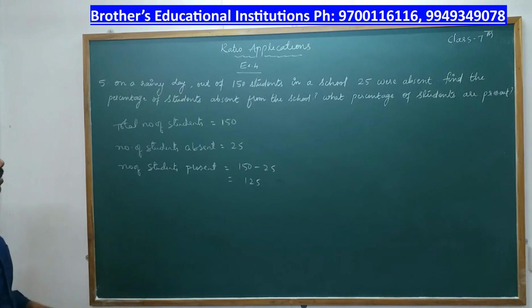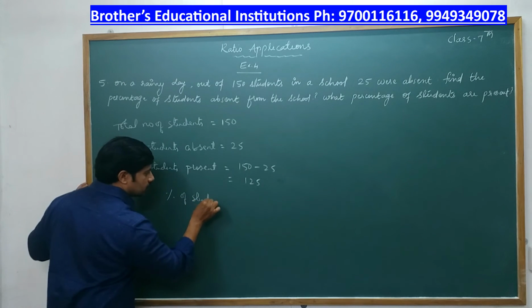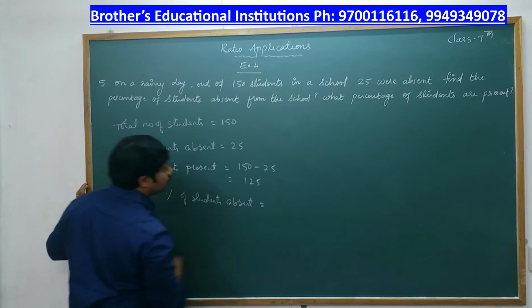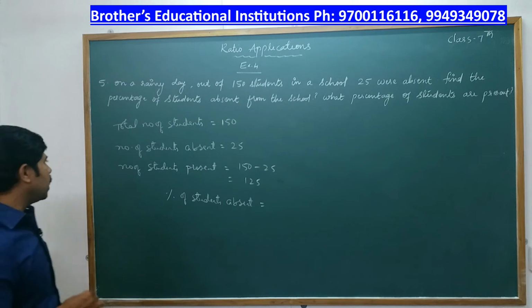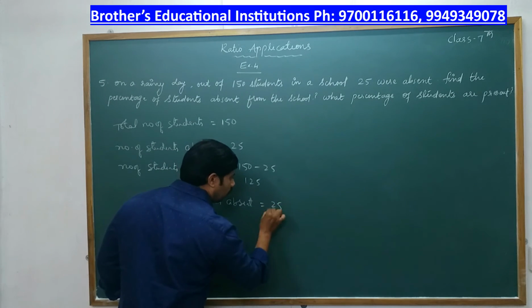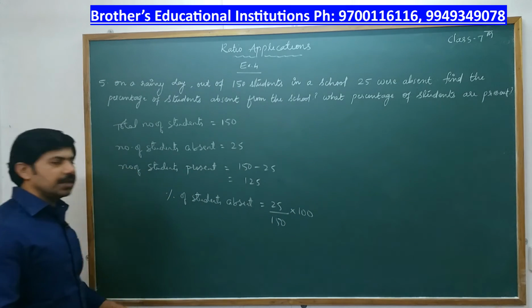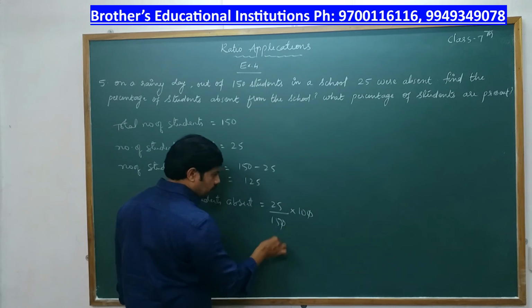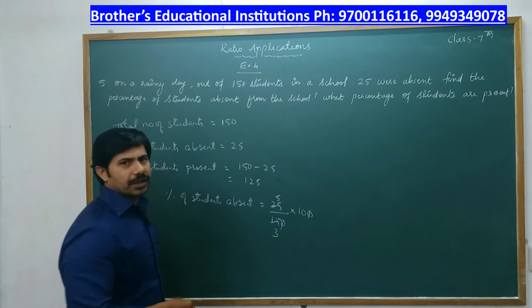Now after that, find the percentage of students absent. So the percentage of students absent is equal to, see how to find it. How many are absent? 25 are absent out of 150, into 100. As we are finding percentage, you have to multiply with 100. So we can cancel the zeros. 5 3s are 15, 5 5s are 25. So we are getting